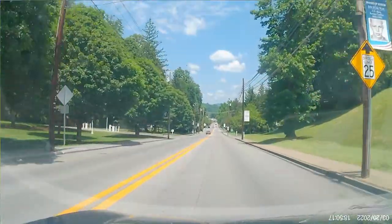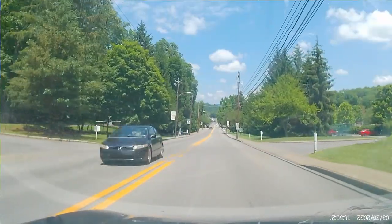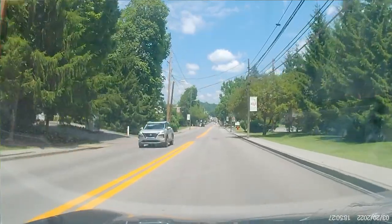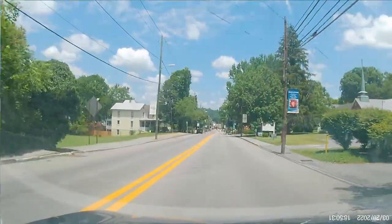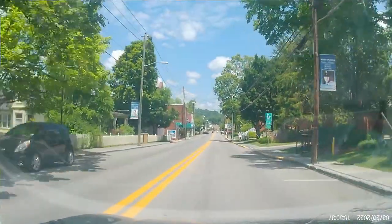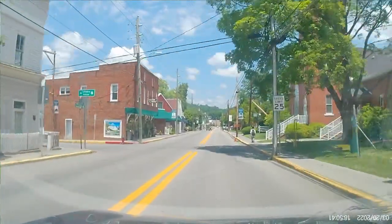I'm heading into White Sulphur Springs, the downtown area. Basically, I'm going to drive the main drag, the main strip. This is Route 60, down through the city of White Sulphur Springs, and turn around and come back, acting like I'm heading back towards Caldwell, towards Lewisburg. We won't make it that far, but I have a few things to talk about in the